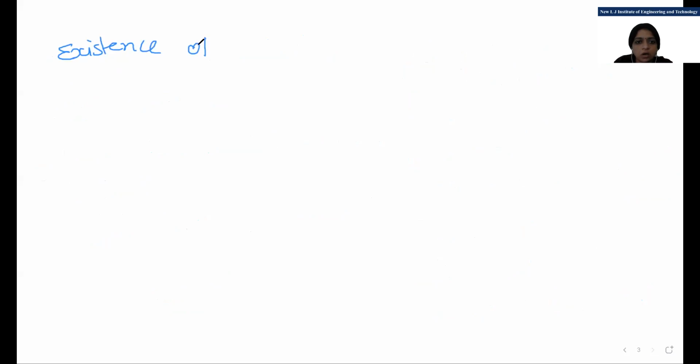Existence of limit. So this is important for you. How to check, if anyone asks, find the limit of the given function, then how will you check the limit of the given function? So there is a first step